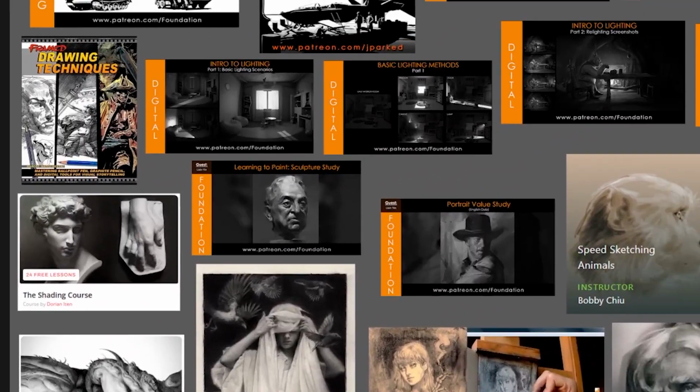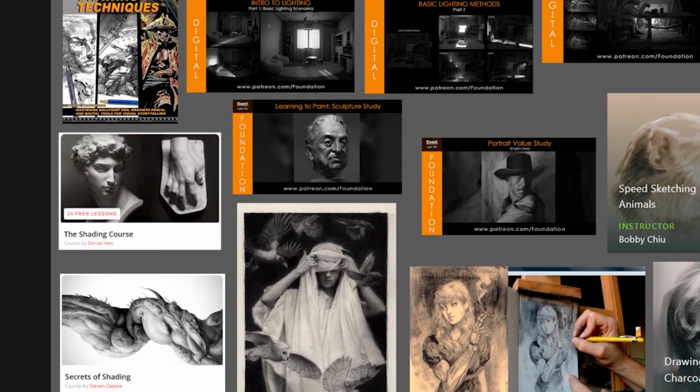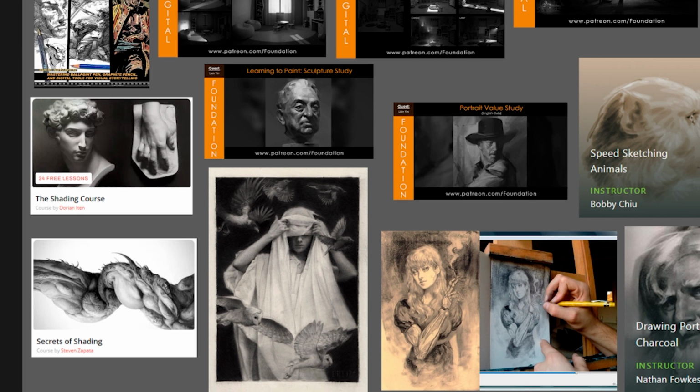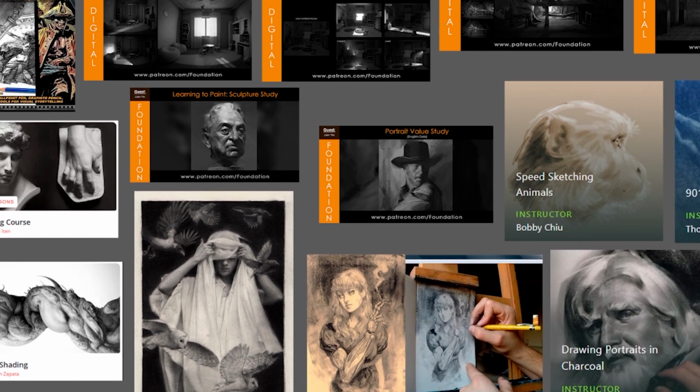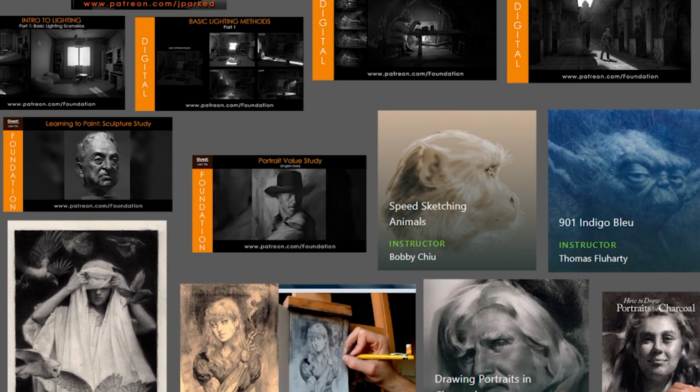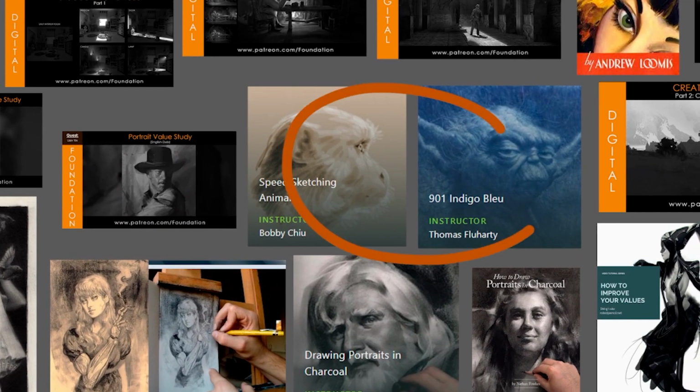We also can go into figure drawing. So I love this shading course by Dorian Iten. It's on Proko's website, so you can definitely check that out. But Lixin Yin, I don't know if I'm butchering the name, but it's a great concept artist and painter. Also has tutorials on Foundation talking about portraits. Bobby Chu and Thomas Fluharty discuss the sketching, simplified sketching with values, both for animals and a diverse range of topics